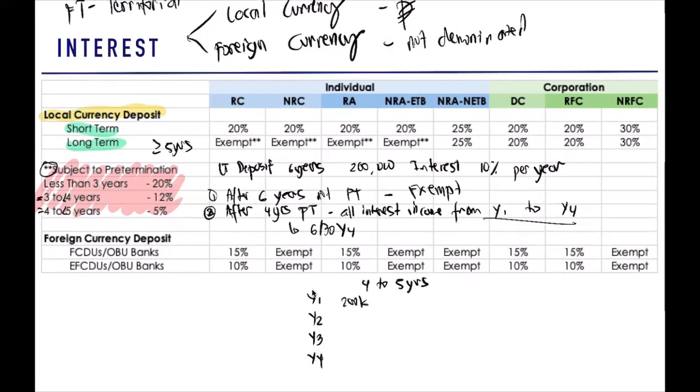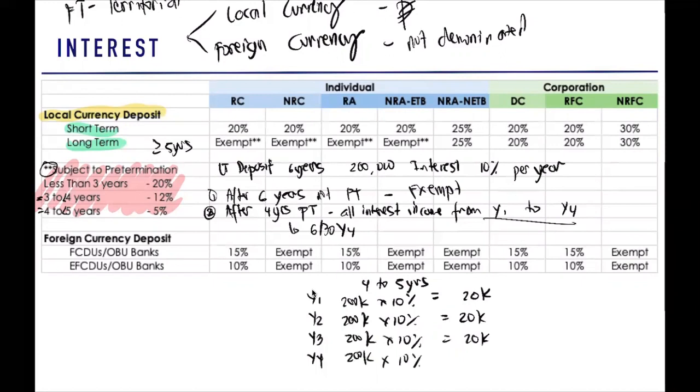So we have here 200,000 subject to 10%. So 200,000 times 10%, 20,000. And then 200,000 times 10% times 6 over 12. So, sir, why did you multiply it by 6 over 12? Because that is the pre-termination period. Okay? So 200,000 times 10% times 6 over 12 is equal to